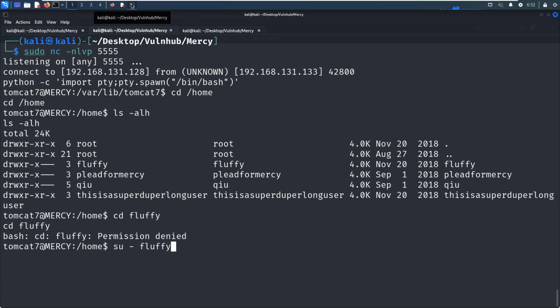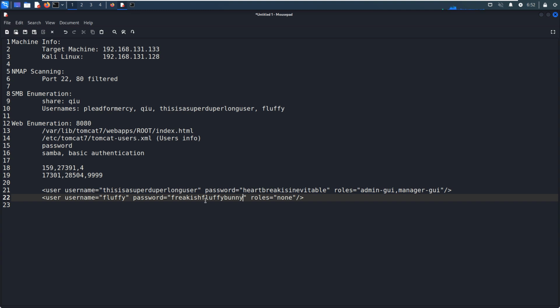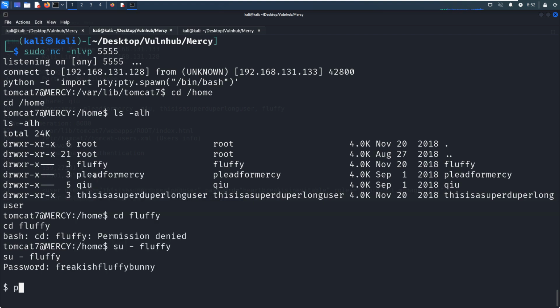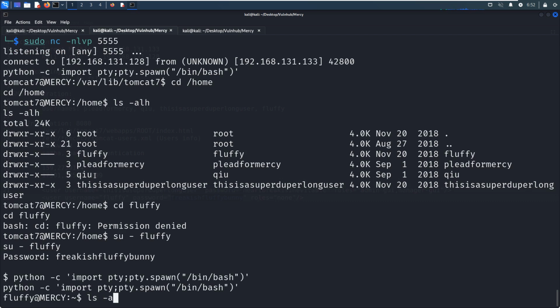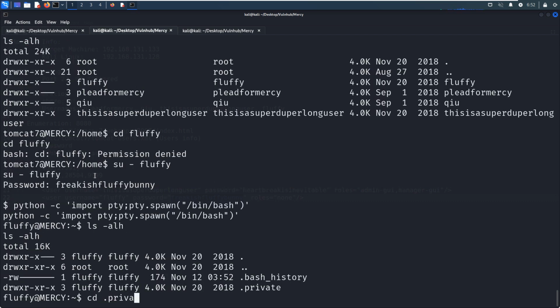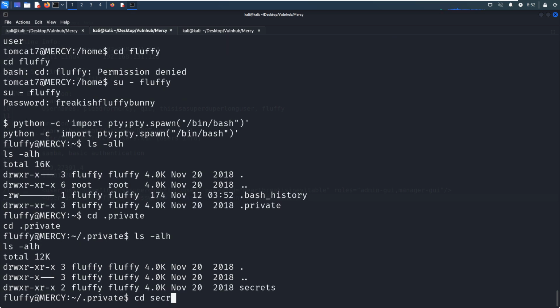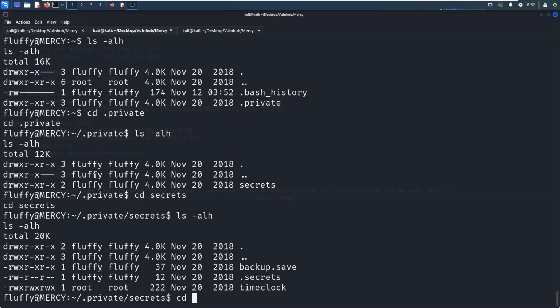Fluffy, with the password. This one. All right. Now we can go to private, go to secrets, so we can manipulate this script.